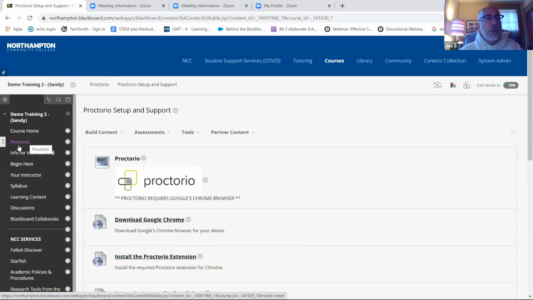We would prefer that you do not remove this folder or this menu item, all right? We also prefer that you keep the placement of these menu items as they are. Proctorio has indicated to us that there is some relevance to the placement of these menu items as to the efficacy of the tool and the efficiency of the tool. So Course Home can be at top. Proctorio should be the second item in the menu, and then you can do anything else below the Proctorio item in the menu. All right.